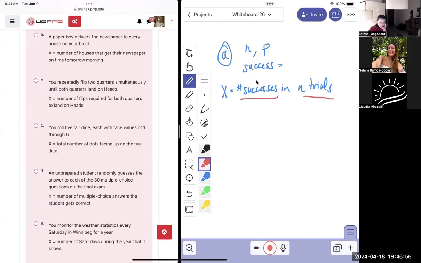But what are we looking for? What's the thing of interest? Number of houses that get the newspaper on time. So newspaper on time could be the success. So N would be the number of houses. And P would be the probability of getting